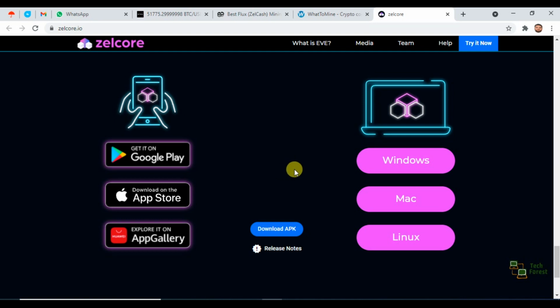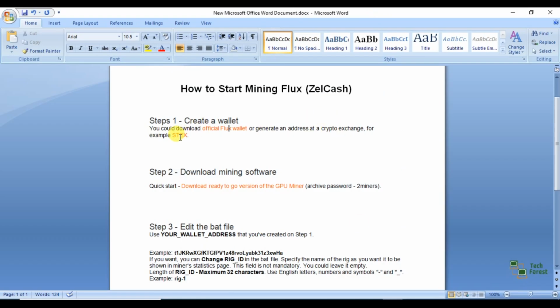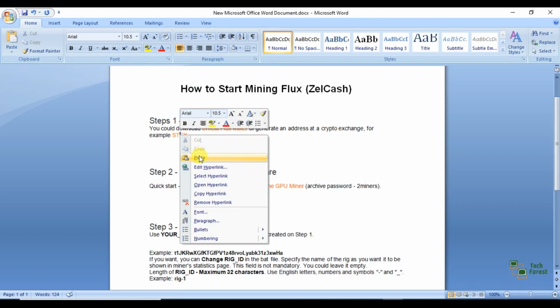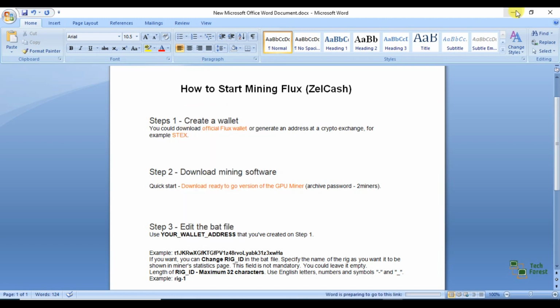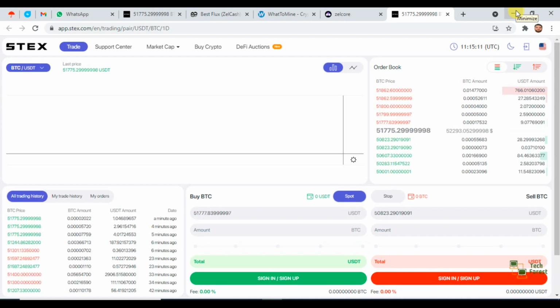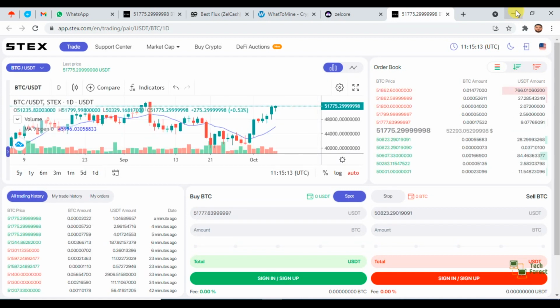So you can open your wallet with the exchange. For this, you can open your account with Stacks or any other service provider, any other exchange who provides a Flux wallet.